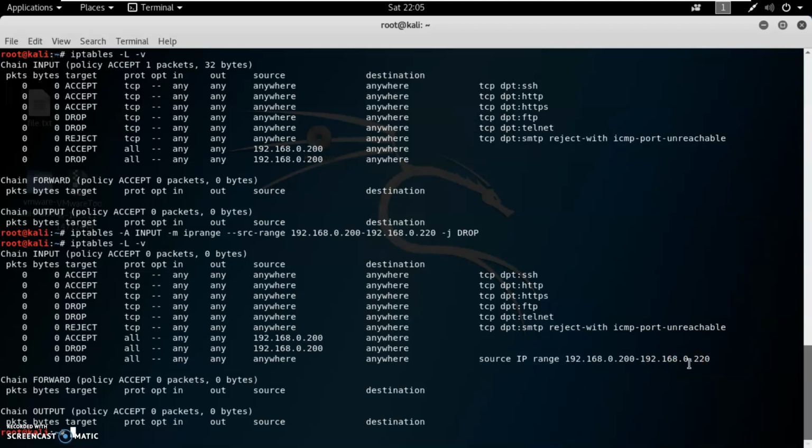Now what if you want to block a specific MAC address? So for